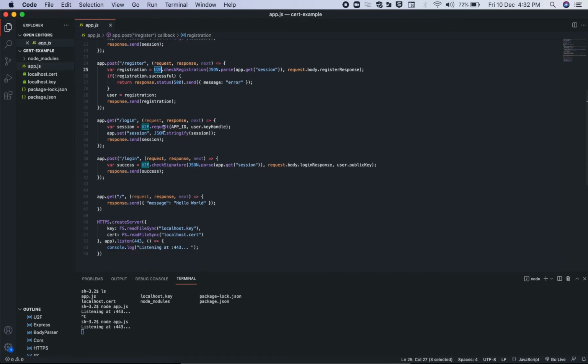Now let's see how the login process is going. Now we are obtaining the key information here about a previously registered user, which would come from the database in production. So after getting that request, the client should be asked to press the button. When the client presses the button,